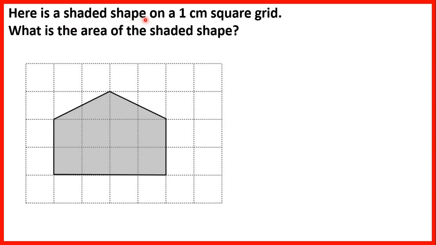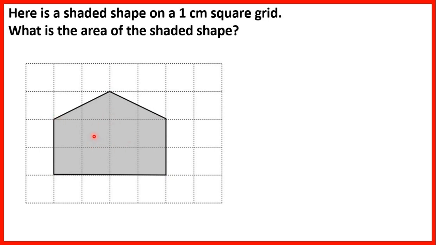Here is a shaded shape on a 1 centimetre square grid. What is the area of the shaded shape? So we need to count the number of squares inside the shape, because the area is how much stuff there is on the inside. Remember, the perimeter is the distance around the outside, but the area is how much space